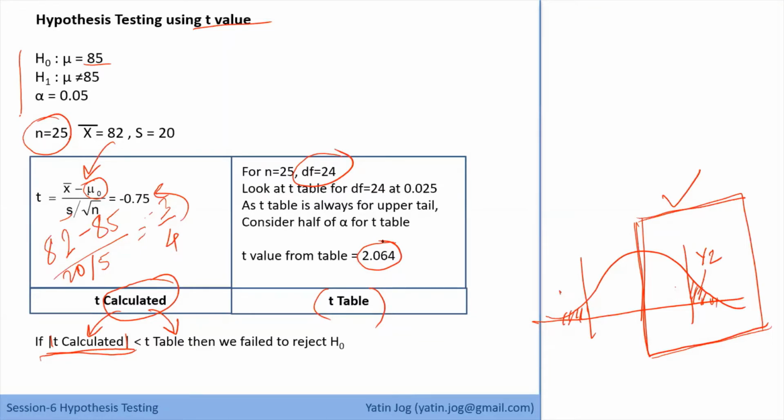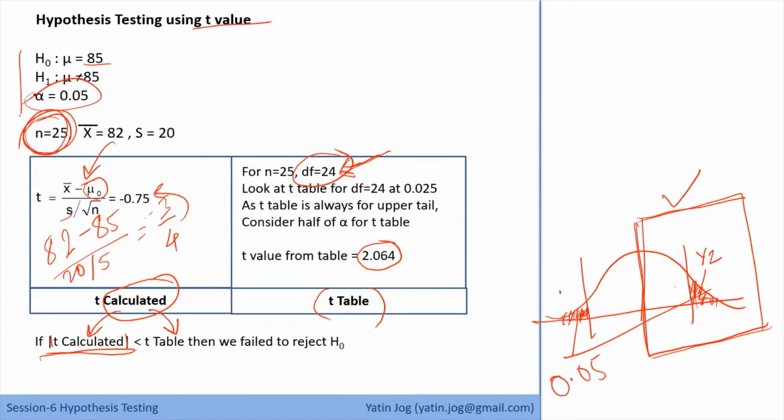Now look at my screen. Minimize the T table. So this is how you can read this T table. The T table rows consist of degree of freedom. In this case, it is 24 because I have 25 values, n minus 1 for sample. And as I have explained, in the distribution, this is my reject region and this is also my reject region. And the addition of both reject regions is 0.05, correct? That is my significance level.